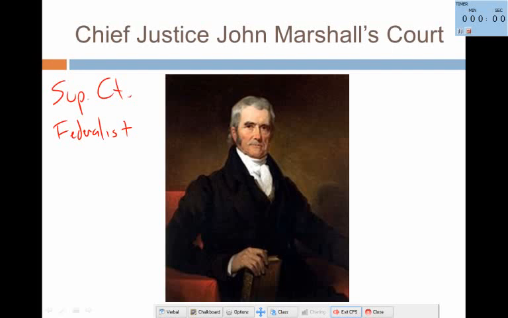For life. Now, the two things that Chief Justice John Marshall stands for is he believes in making the federal government more powerful than the states. So you're going to see him in these decisions doing that. And he believes in putting the private interest over the public interest. So like putting businesses over the interests of the people. So again, the two types of decisions that John Marshall will have are the federal government is more powerful than the states, and the private interest is more important than the public interest.